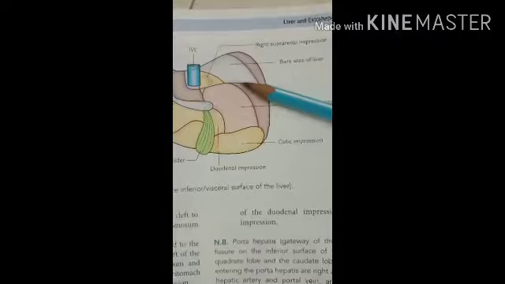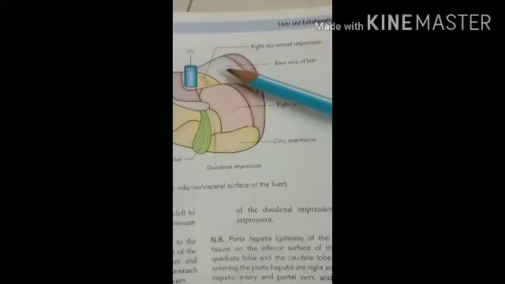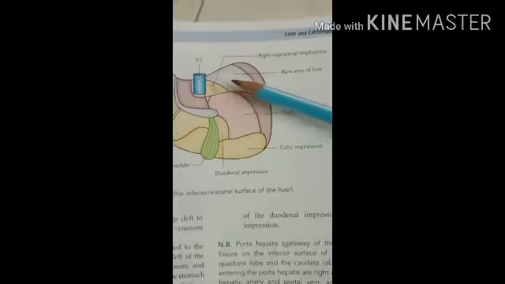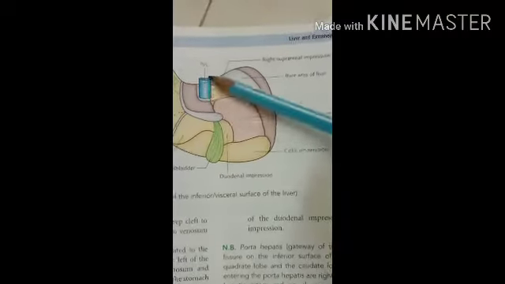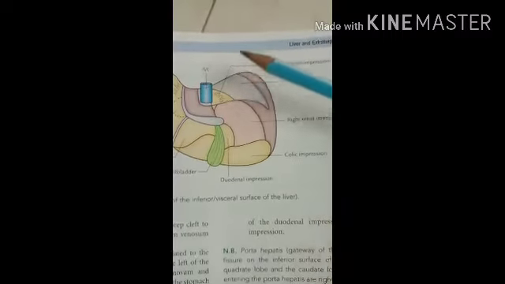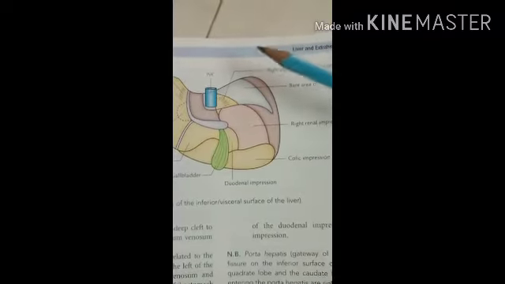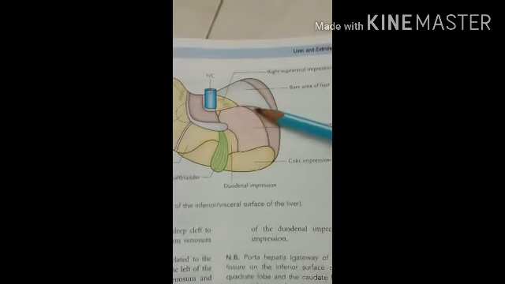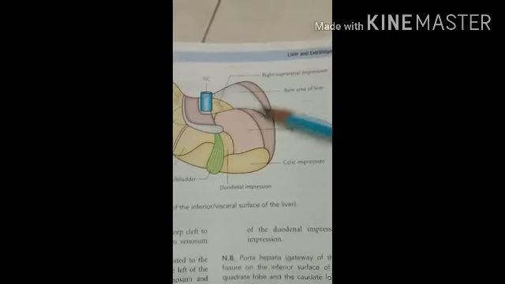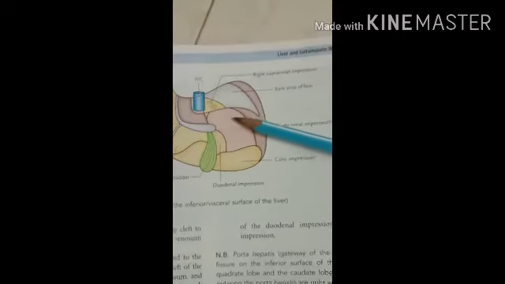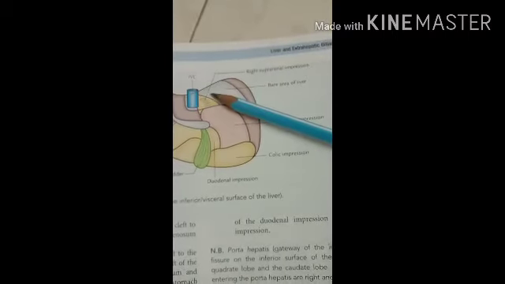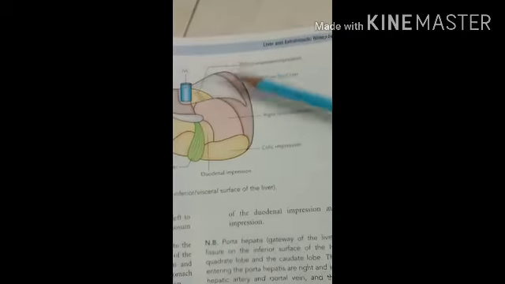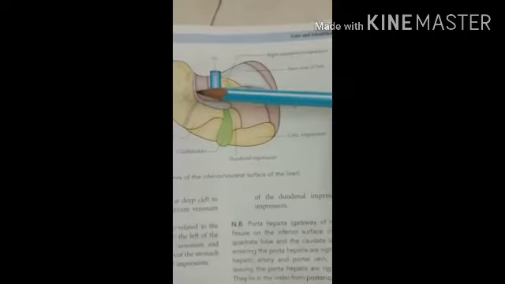Okay. So bare area of the liver, it is a triangular area to the right of the groove for the IVC. So this one, between the two layers of the coronary and the right triangular ligament. So that is the superior coronary ligament, here inferior coronary ligament, and that is the triangular ligament. So between these three structures the bare area is present, and this area is not related with any visceral organ. Okay. Then the groove for IVC.